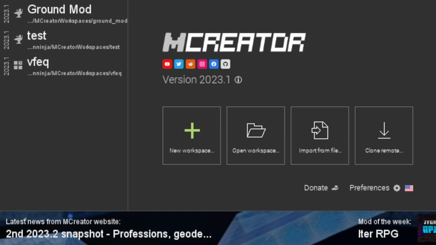Today we are going to be talking about how to make Minecraft mods. Now I'm going to be using something called Creator, and this is what I used. I've made these 200 mods, and this is a beta that I was testing. So yeah, when you get Creator,